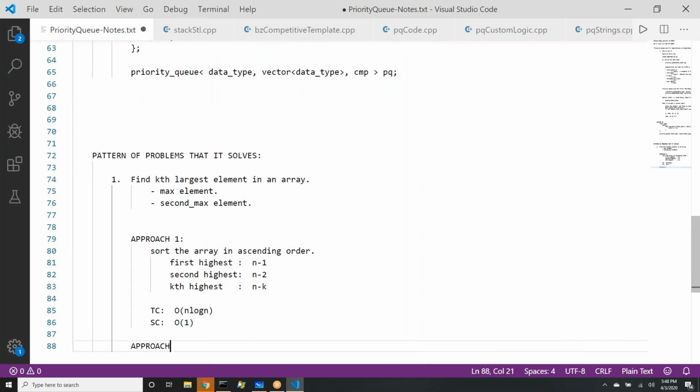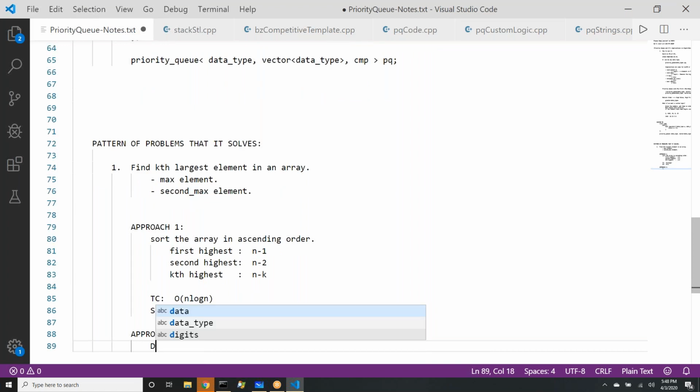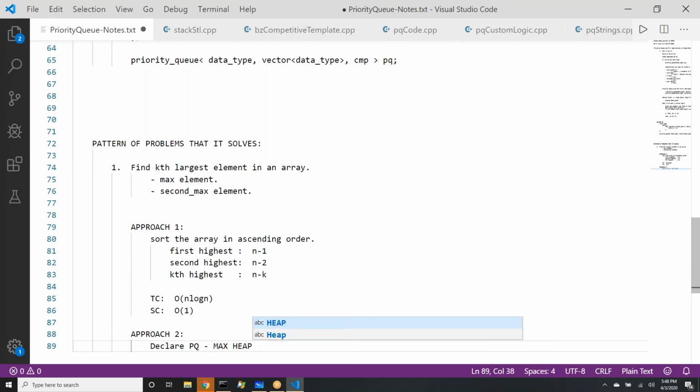Second approach, let's go with a suggestion that Sirisha is giving. She's saying declare PQ. Which kind of PQ we would take, Sirisha, according to this problem? You want to find kth largest element. Min heap, max heap. You need to suggest us so that let's see. Okay, so she says max heap. Why max heap? Because when we take the first element out of the heap, it will be the maximum value, then second max, then third max. So she will keep popping all the elements until k elements come out. So kth element that comes out of PQ will be the answer.